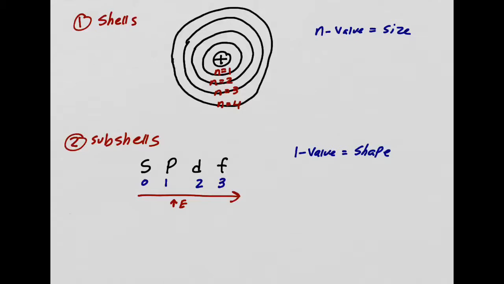Now, the next thing is the orbitals. We've got the energy levels, we've got the shells and subshells. Now we're going to go to orbitals. An orbital is basically the space in which there is a high probability of finding electrons. Again, remember, we're talking about finding electrons. We said we have S, P, D, and F, right? So we have an S orbital,